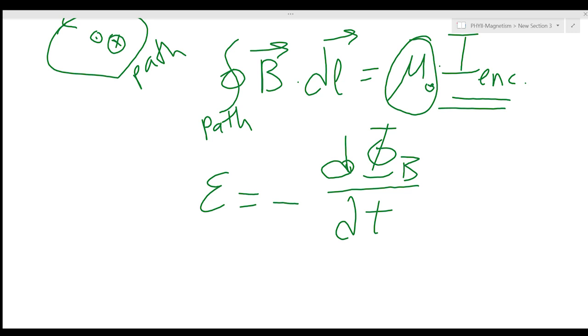And the minus sign is due to Mr. Lenz, and Mr. Lenz basically says that this EMF is such that it opposes the change in the flux of the magnetic field. Let me go back a little bit and talk about this law. This is Faraday's law again. Mr. Faraday was thinking that, look,